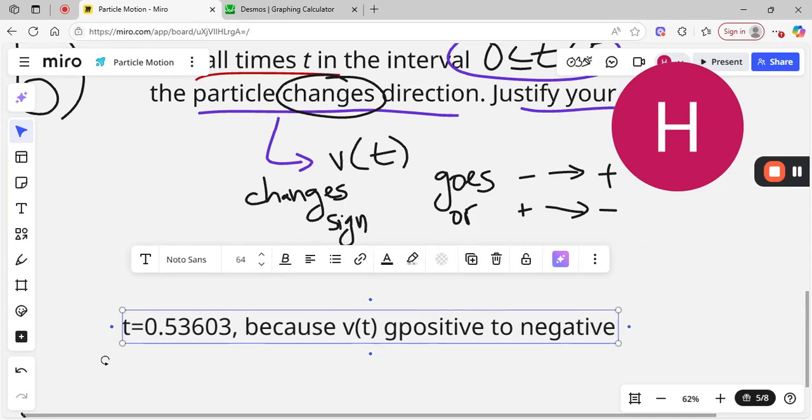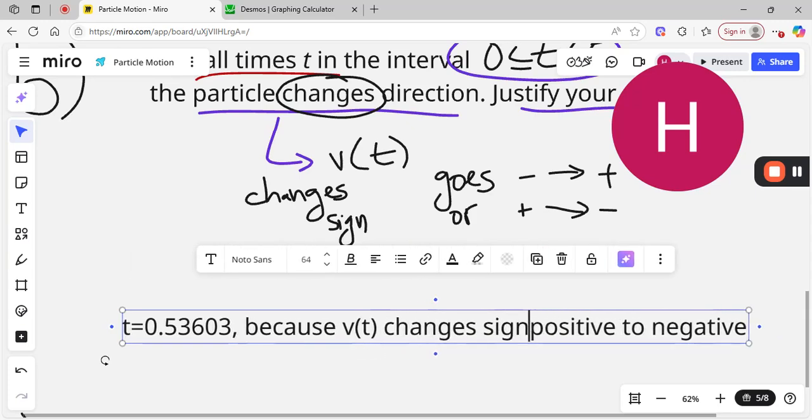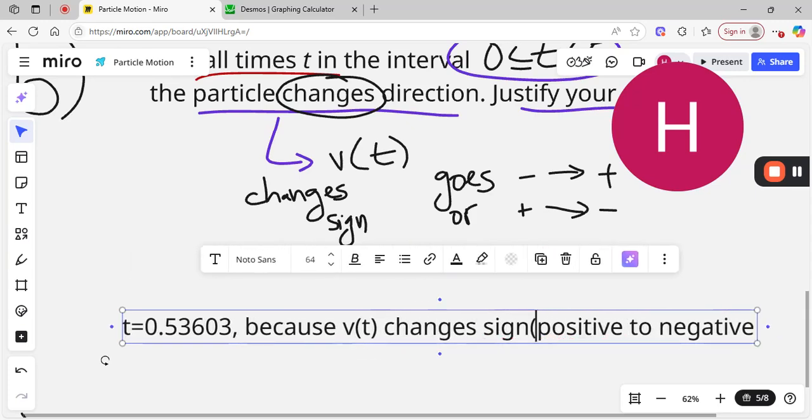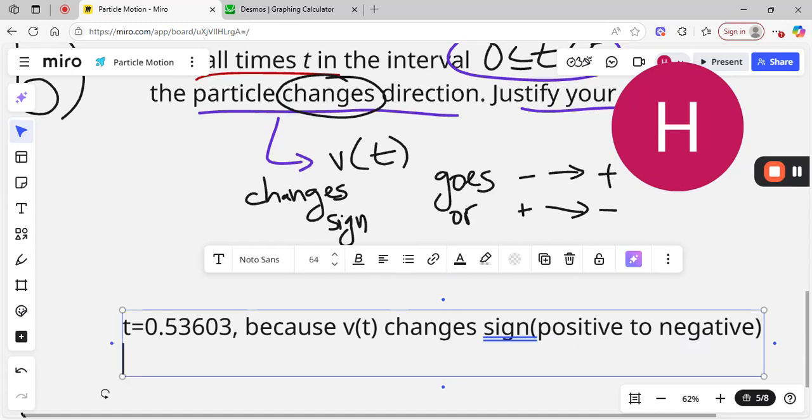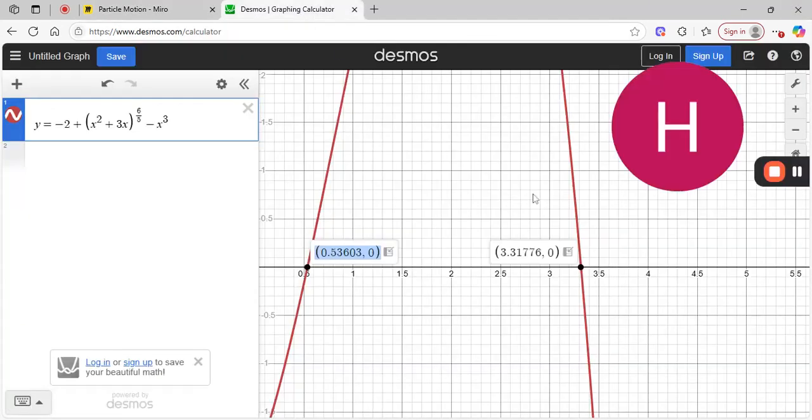Or you can say it changes sign. That's actually enough. You don't even have to indicate that it's positive to negative. Positive to negative, you don't get extra credit, you don't get brownie points. It's just really solidifying the fact that you understand what determines a change in direction. So it's kind of just like reinforcement for your answer. It's not required. And then we also have t equals, let's see, this was